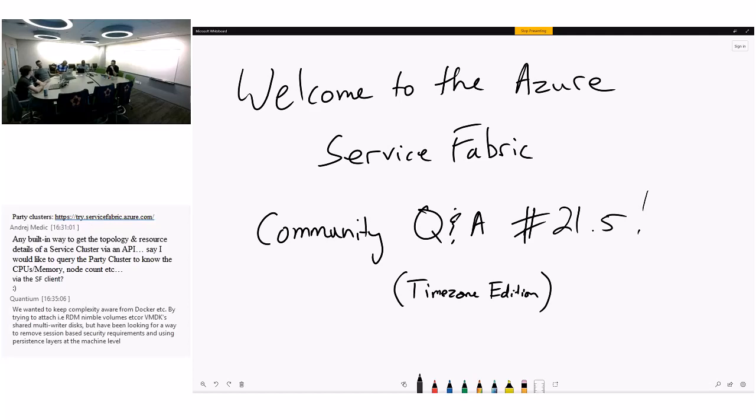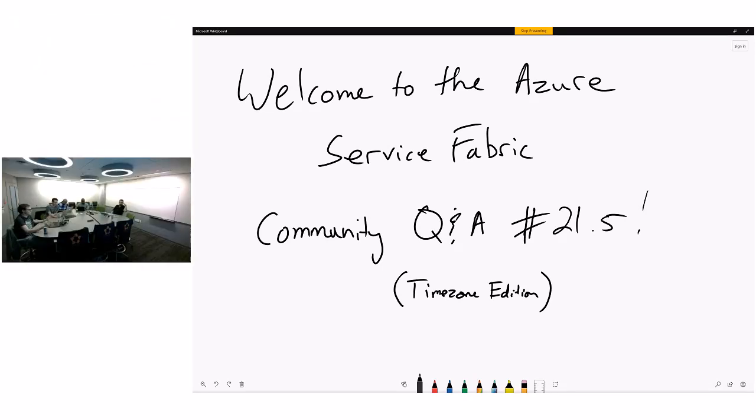We can do a little bit of that, but it's not going to be done automatically. And there's a difference between what Windows perf counters are going to tell you in terms of total consumption on the machine and what Service Fabric is going to tell you. In the latest release, if you deploy anything that uses resource governance, we will automatically report